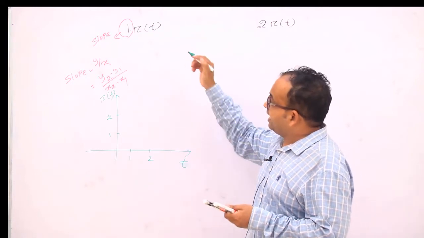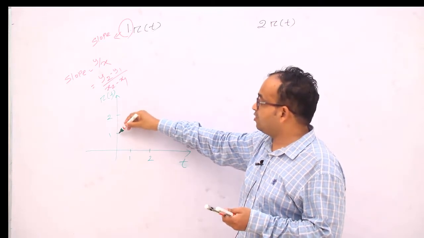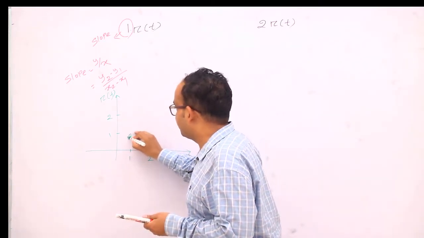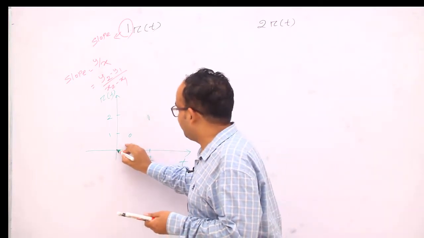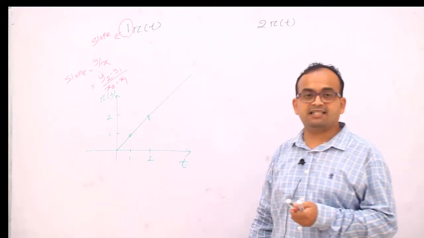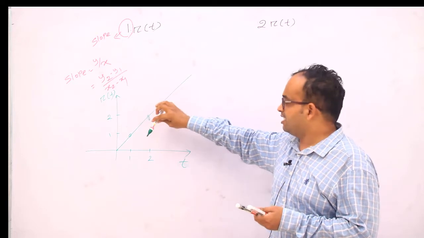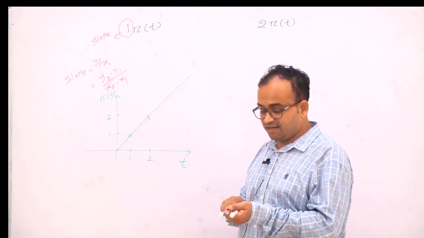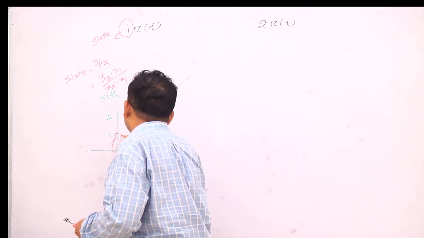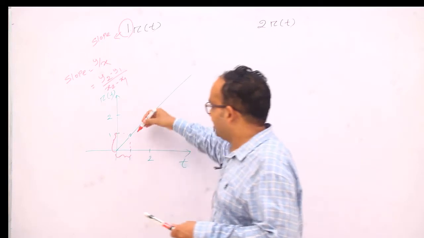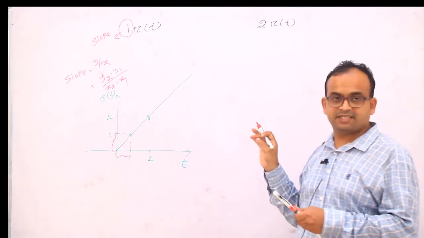Again the slope will be 1, means when x-axis is 1, I will take y-axis 1. So we can find a point here, right? Similarly, when x-axis is 2, y-axis is 2, we can find a point. So if I join the points, I can find a signal like this, right? So can I tell the signal has the slope equal to 1? Yes, because when x is 1, at that time y is also 1. If I take a point here, when x equal to 1, y equal to 1. So the slope will be 1. This is very simple.